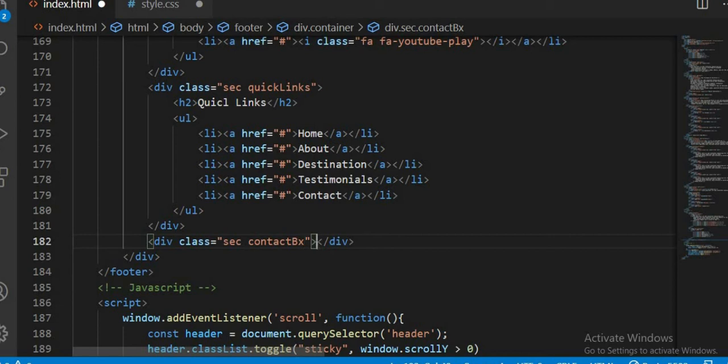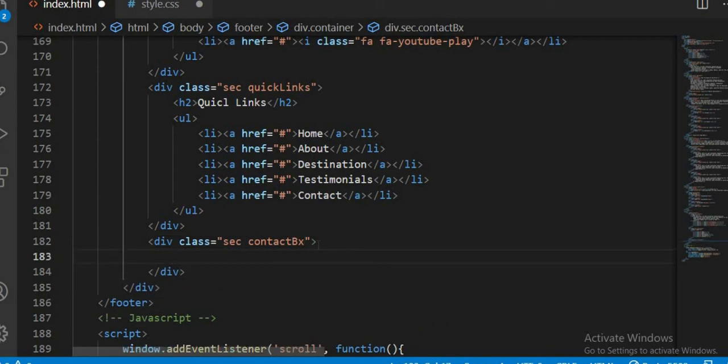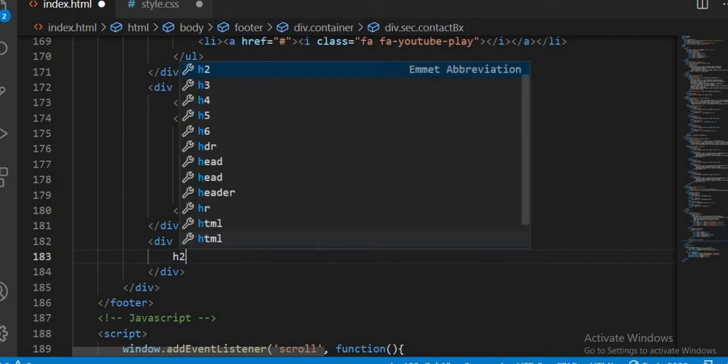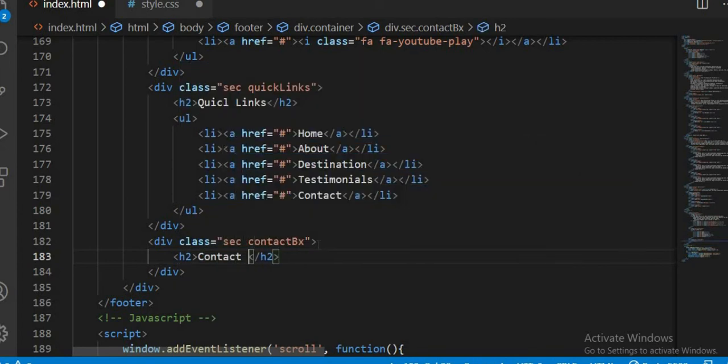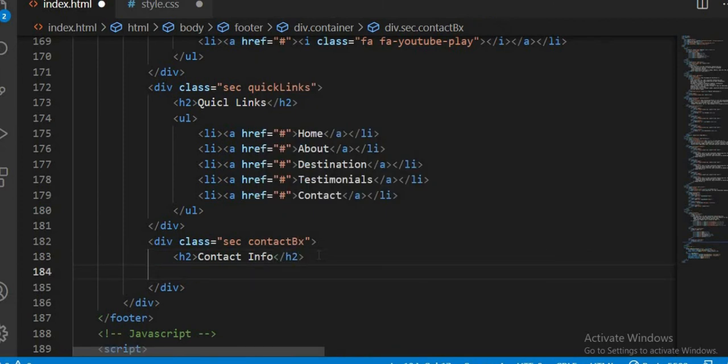So here we're going to have the contact info, so h2 contact info. Next thing we want to do is make a ul, give this ul a class of info,